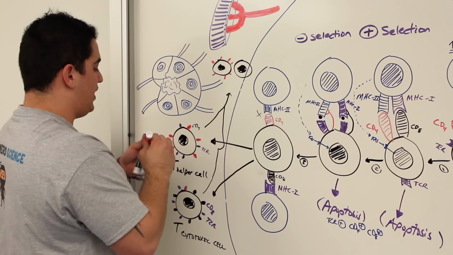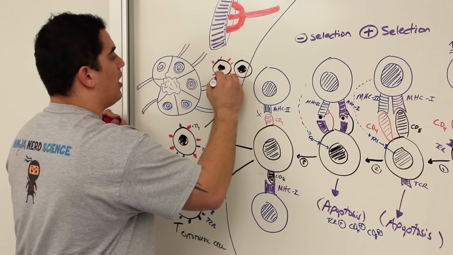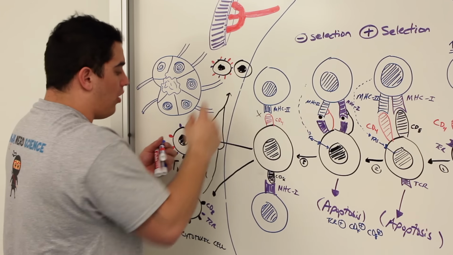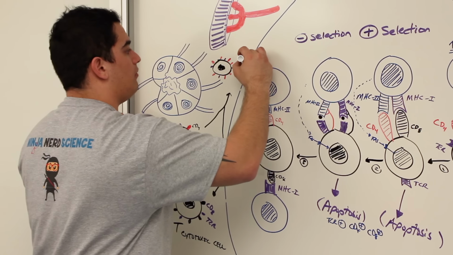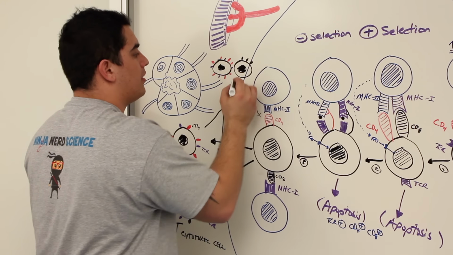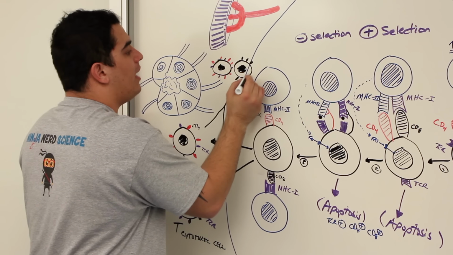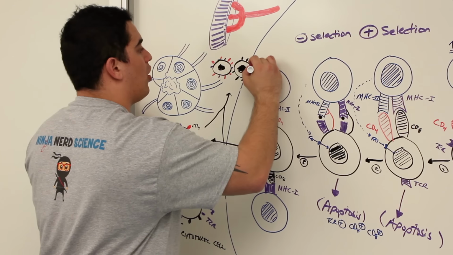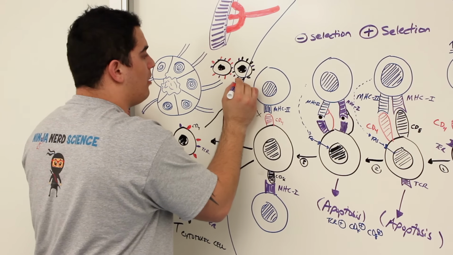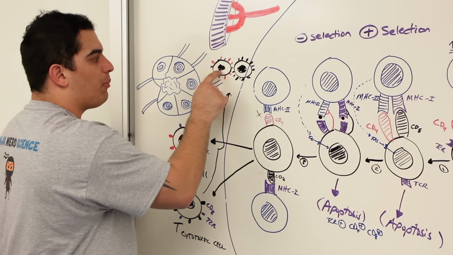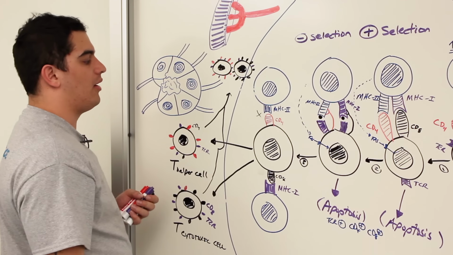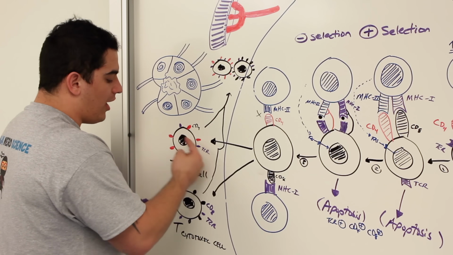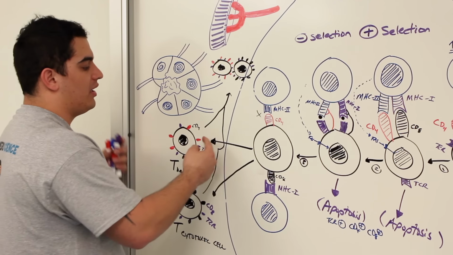And what else would they have? TCRs. You have to have the TCRs, these purple molecules right here. But this other cell would have CD8 molecules, as well as TCR molecules. Now, I know this seems weird because I just said this was a T helper cell and this was a T cytotoxic cell. Through certain types of cytokines, these actual T helper cells and T cytotoxic T cells can differentiate